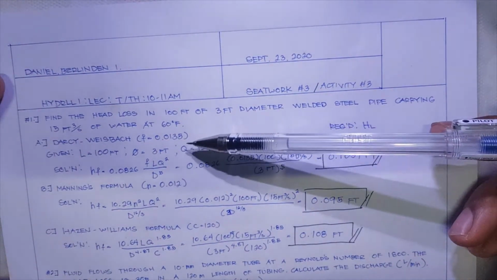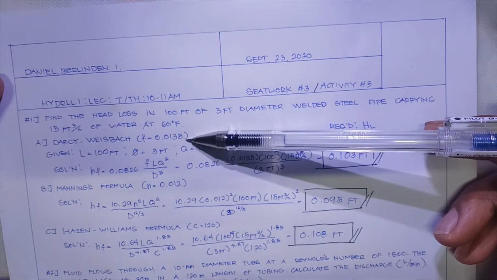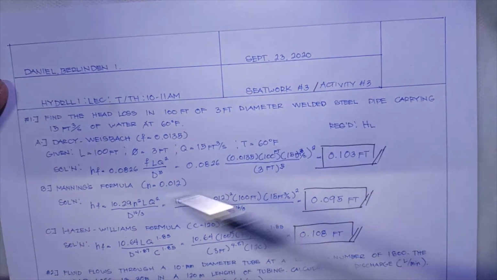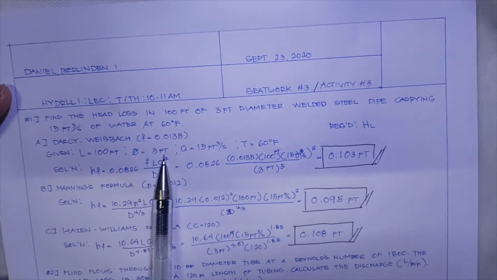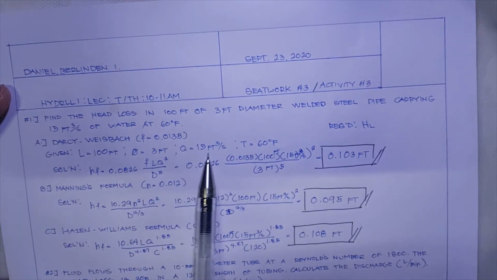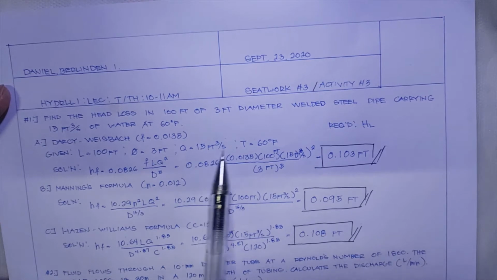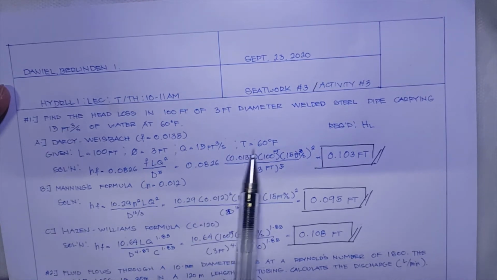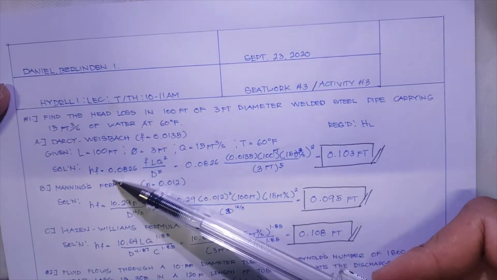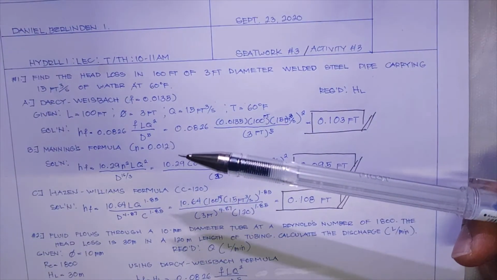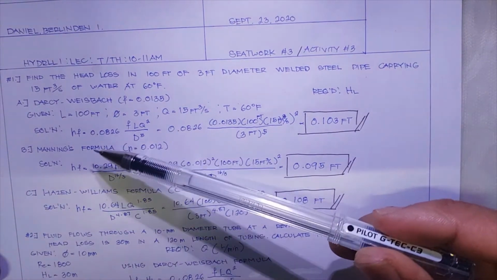Given the value of F, which is equal to 0.0135. The givens are the length, which is 100 feet, the diameter, which is 3 feet, the discharge, which is equivalent to 15 cubic feet per second, and the temperature, which is equal to 60 degrees Fahrenheit. So we'll have the formula of Darcy-Weisbach. The formula is HF is equal to